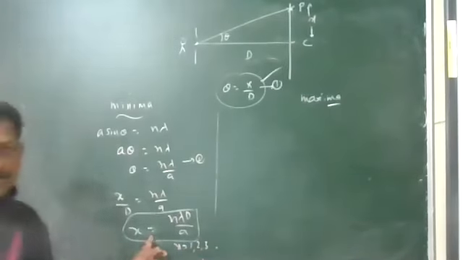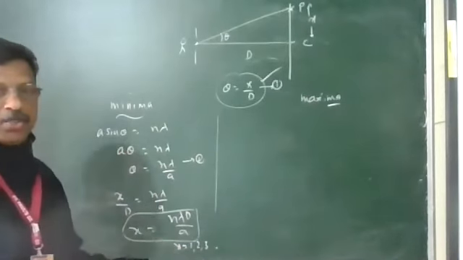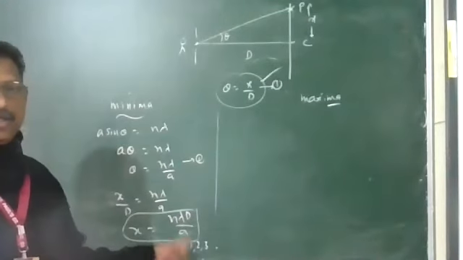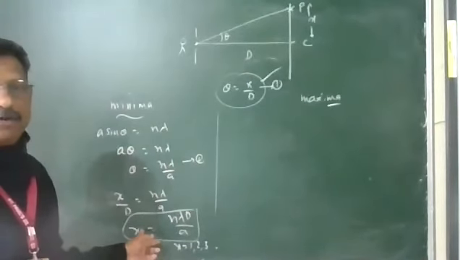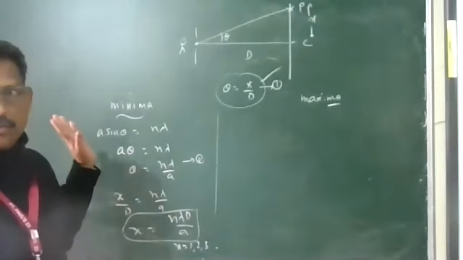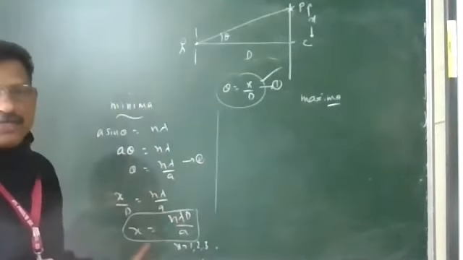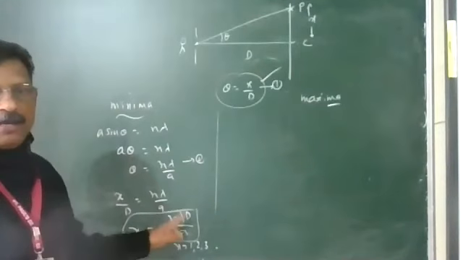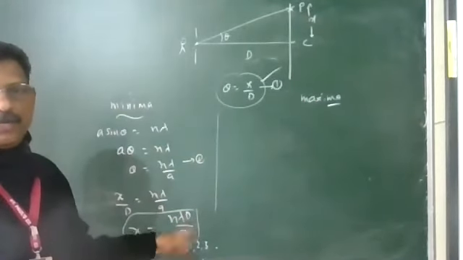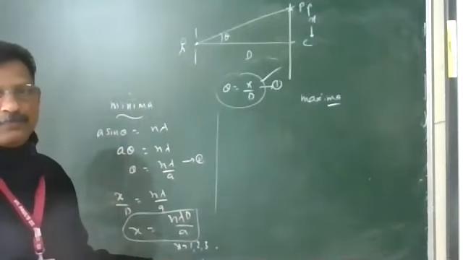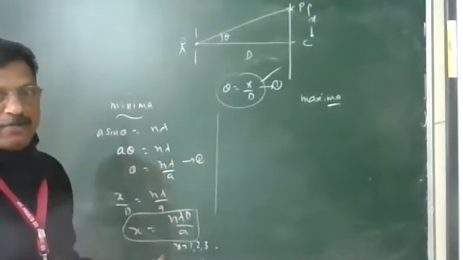When n is 1, you will get the first dark band; n equal to 2, second dark band; n equal to 3, third dark band. So these will be the positions of the secondary minima. So what are the positions of the minima, the dark bands on the screen from the center? The x values are lambda D by a, 2 lambda D by a, 3 lambda D by a. This was the case for bright bands in interference. Same equation was there.